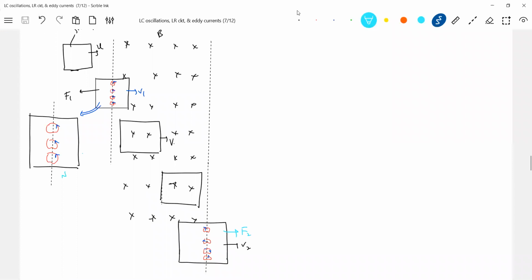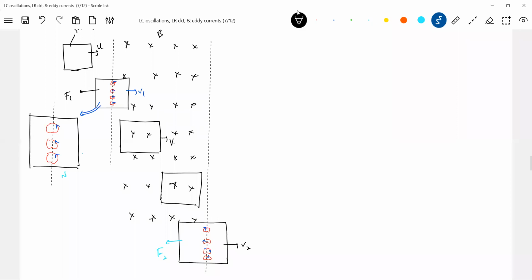Similarly here, now it will be this one. So will it be attracted here or repelled? The field produced by the plate as well as this one in the same direction will be repelled. Here it will be attracted. Attracted means what direction should the force be? The force should be towards left only. So altogether, what do eddy currents do? They produce a retarding force. So this is what we call electromagnetic braking.